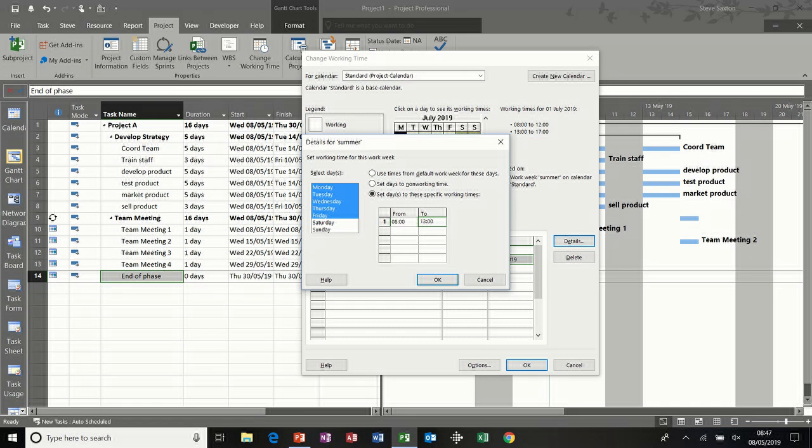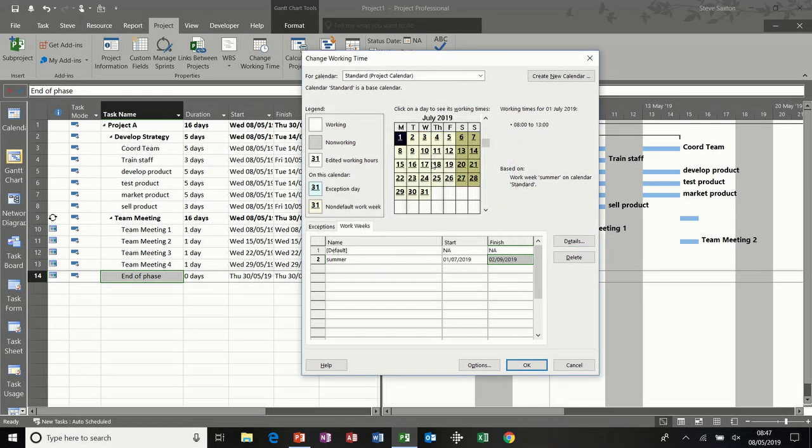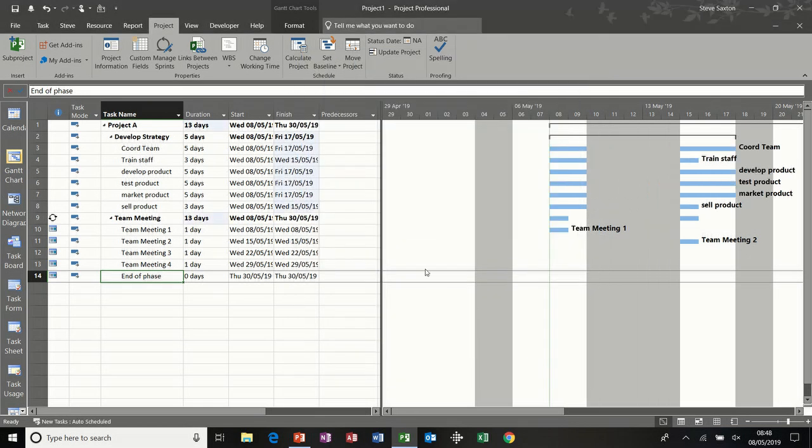So we work from 8 till 1 in the summer period. So automatically that will flag up. If I go back prior to July, it's the normal working hours. Into July, it gives me the summer working hours. Let's click OK to that. Okay, so that was the